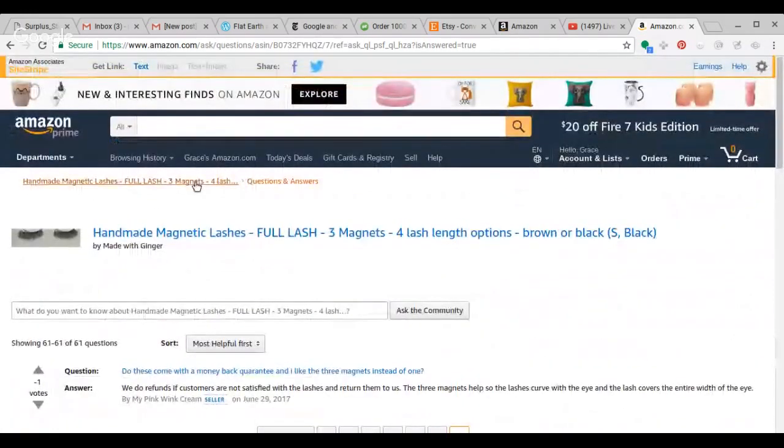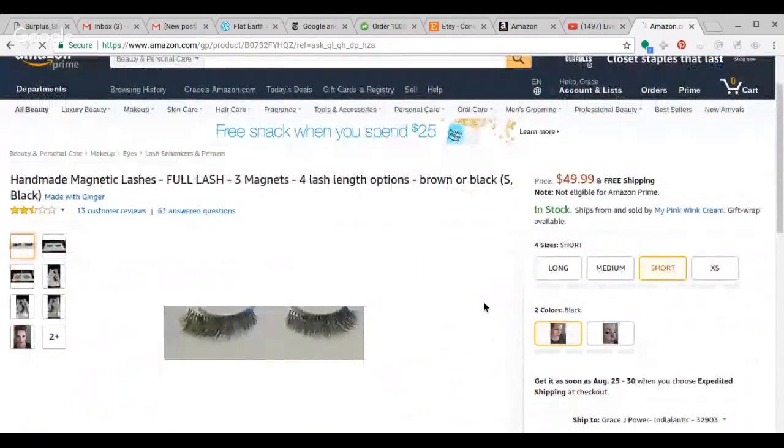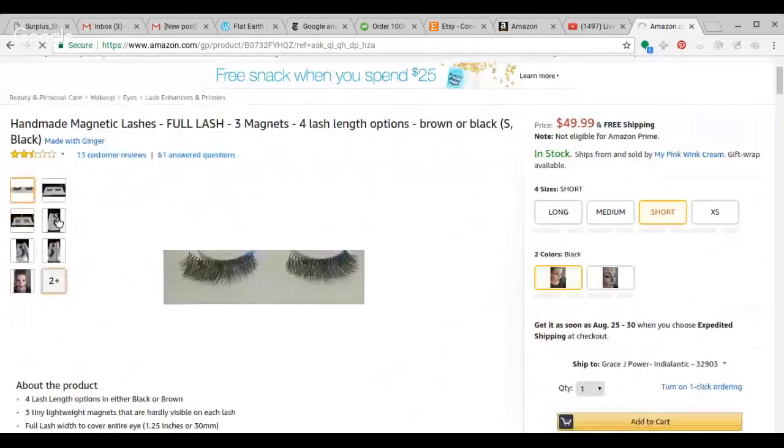As you can see, there's a lot, and I'm sure there'll be more coming. I just wanted to show some pictures of these. This is the black short. This is definitely our most popular, and I will be getting in some more pictures and even some nicer pictures. We got bombarded with so many orders right in the beginning, so I posted photos that were not too glamorous or edited, because I actually wanted to try to keep people from ordering them,